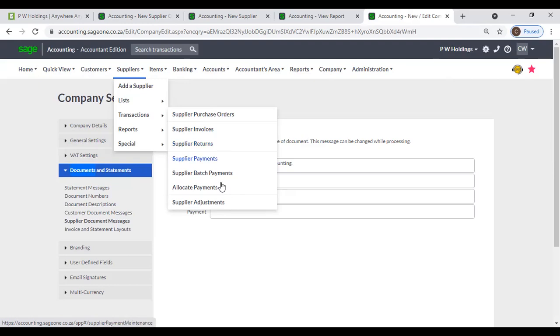And also, if you haven't allocated any payments to your supplier invoices, you can use this allocate payment to settle those invoices. And if you want to adjust your supplier balances, if you want to increase or decrease your supplier balances, you can use this